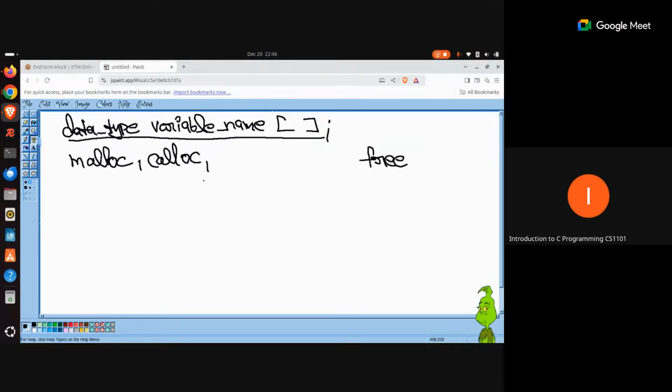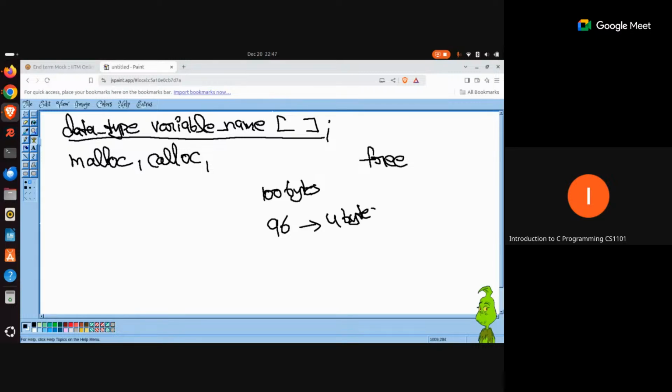Let me tell you a scenario. Let's say the entire memory that is available to our computer system is 100 bytes. I'm just taking an example. The program that you are running has already consumed 96 bytes. Now, at some point, you realize that you need 4 more bytes. So let's say you requested 4 more bytes with the help of one of these two functions. We will talk about the syntax later on. For now, I'm just saying that you requested some additional 4 bytes.